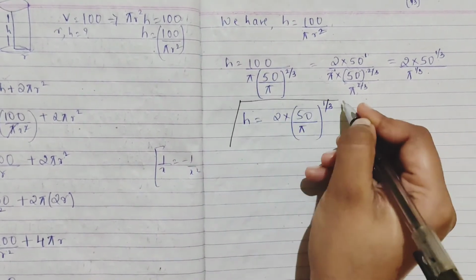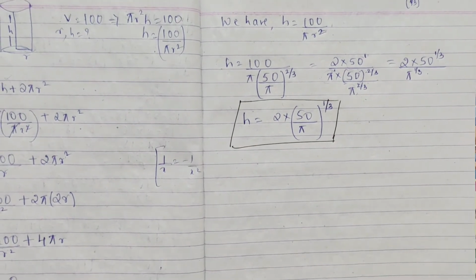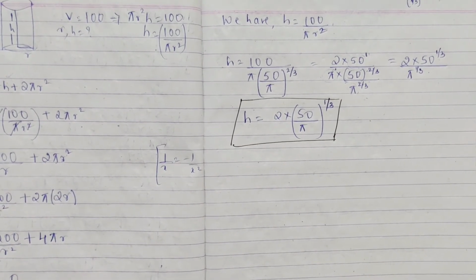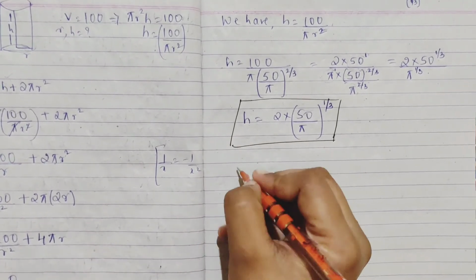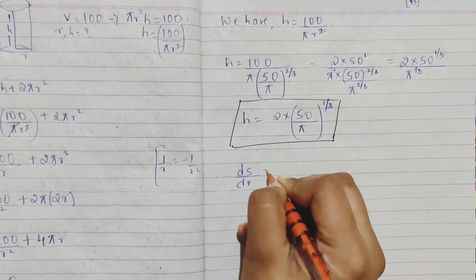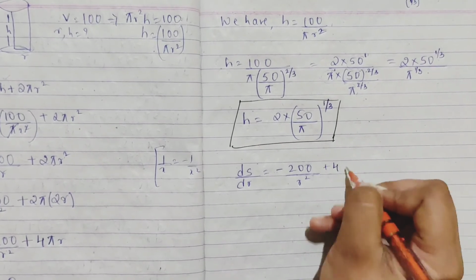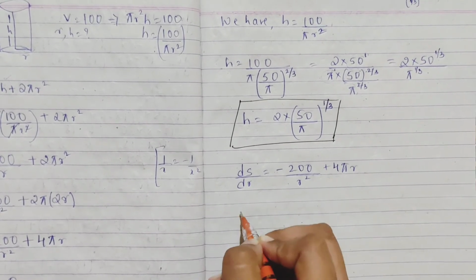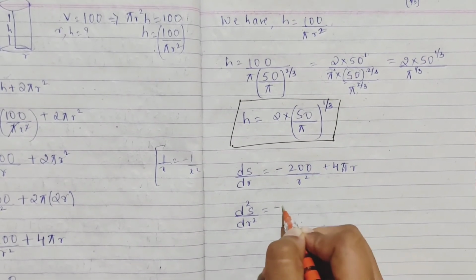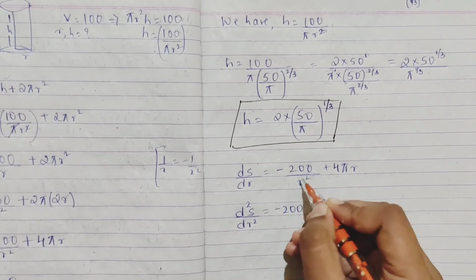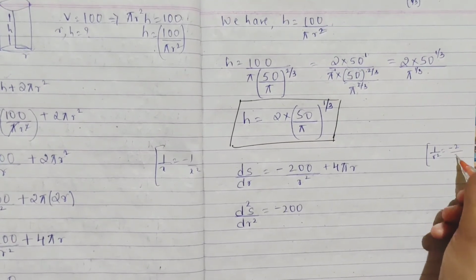So you have got the h value, you have got the r value. Second step we have cleared, like what they had asked us to find, we have done. Now they are telling that the surface area is to be minimum, whether it will be minimum. So to show that, we need our double differentiation, right? So first we will consider the single derivative, which is minus 200 by r square plus 4 pi by r. So we will find our double differentiation, that is d2s by dr square. In the same way, minus 200, keep it, it will be 1 by r square, right? 1 by r square differentiation will be what? Minus 2 by r cube, right?